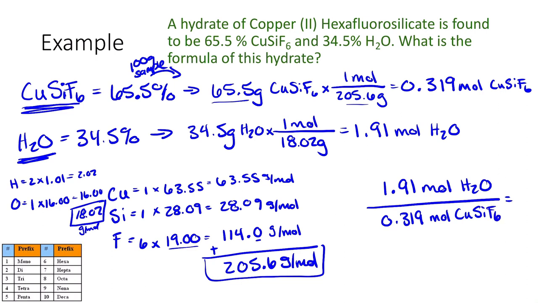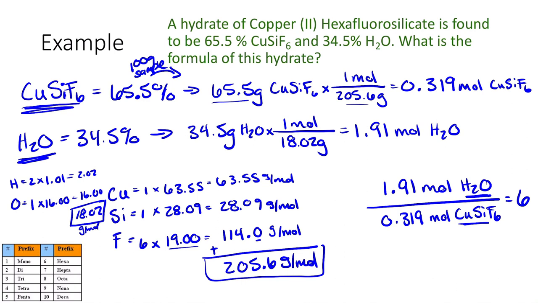So the reason we're doing this step is because we are trying to figure out how many moles of water there are for every mole of this copper compound. All right, so I'm going to do 1.91 divided by 0.319. And that tells me my calculator answer is 5.987. I'm going to round that to the nearest whole number, and that's going to tell me that I have 6